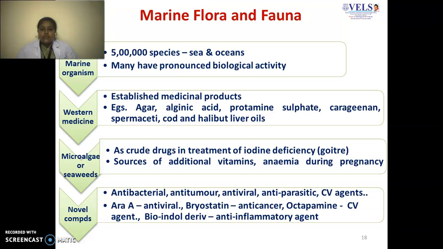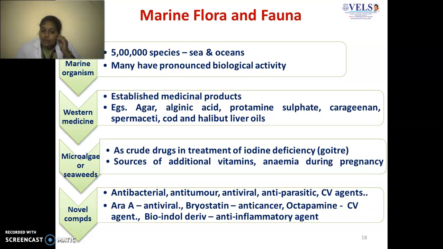There are around 5 lakh species reported in the sea and oceans, many of which have pronounced biological activity. Even Western medicine has established some medicinal products out of it, to mention a few: agar, alginic acid, protamine sulfate, etc. Sometimes the microalgae or the seaweeds are also used as crude drugs obtained from the marine source,